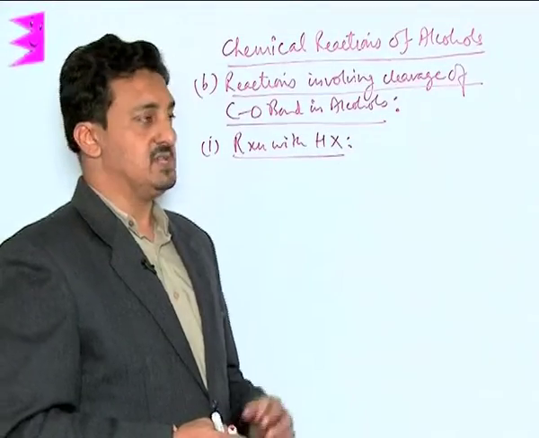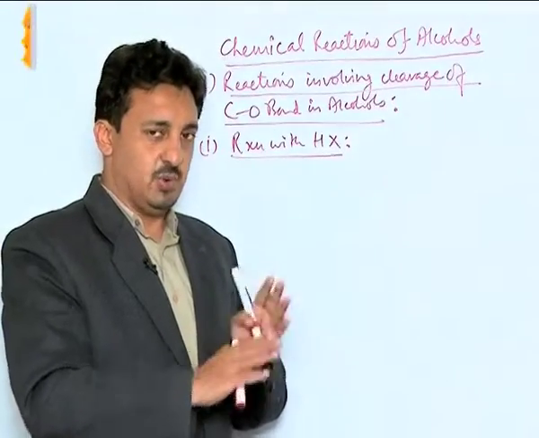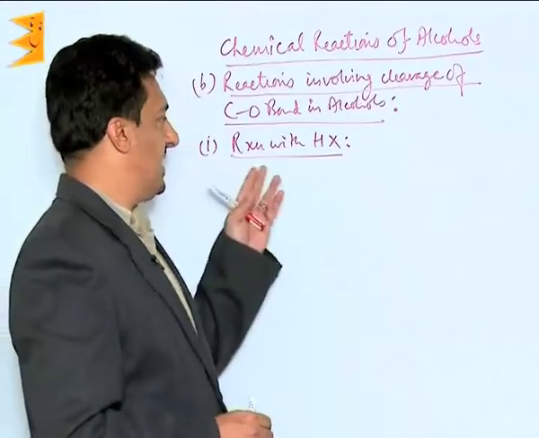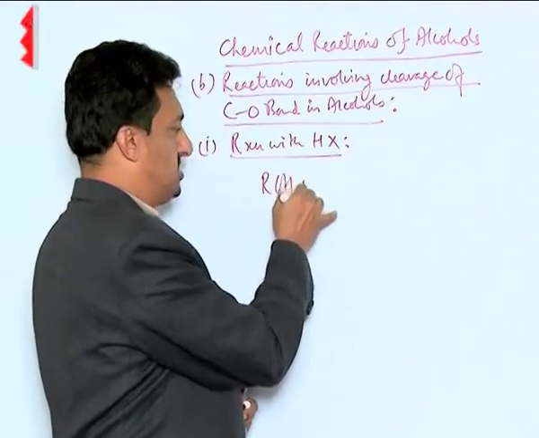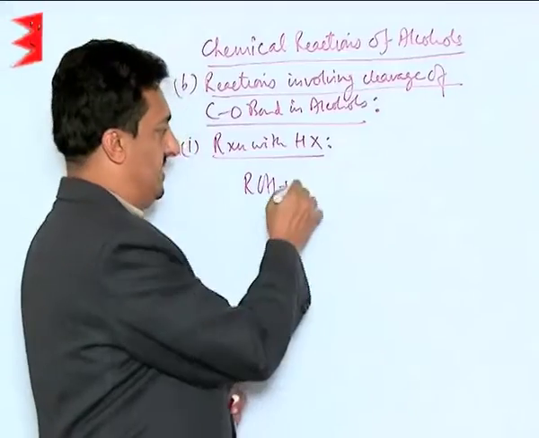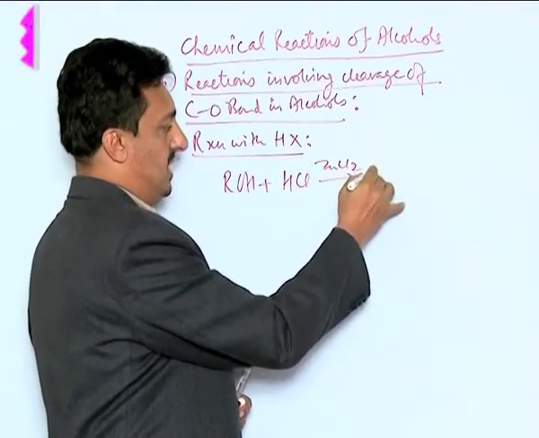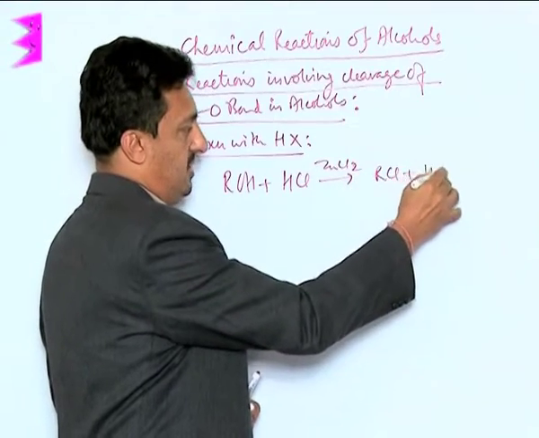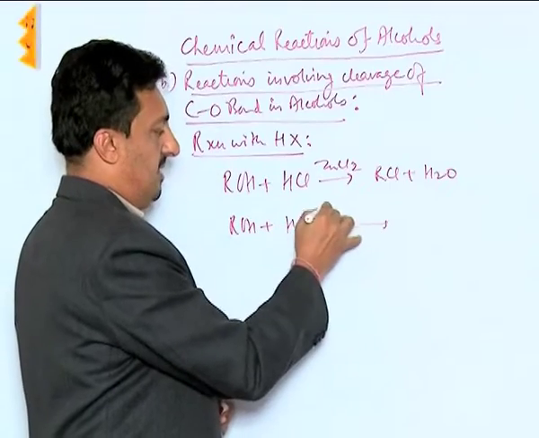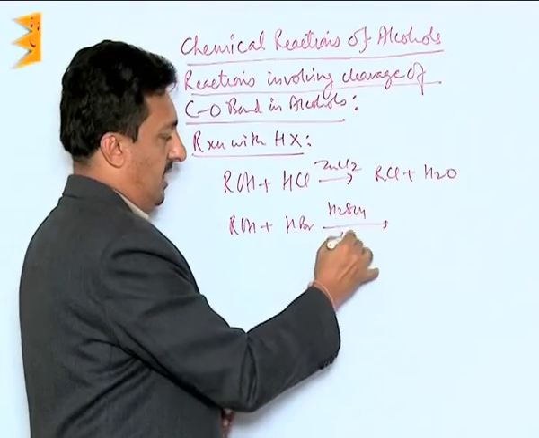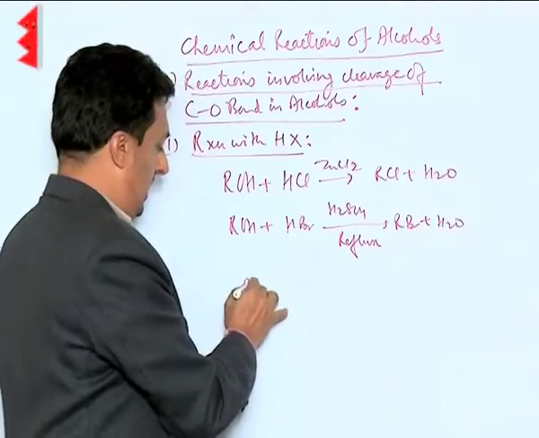Let us see now the reactions involving the cleavage of the C-O bond. So it will be involving mainly the reactions of the OH group. The first in the category are the reactions with halogen acids. We have done in the preparation of the alkyl halides, the alcohols with HCl in presence of ZnCl2 give us alkyl chlorides and water. We know the same alcohols with HBr in presence of H2SO4 and reflux give us RBr and water,